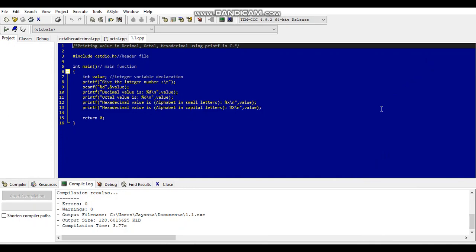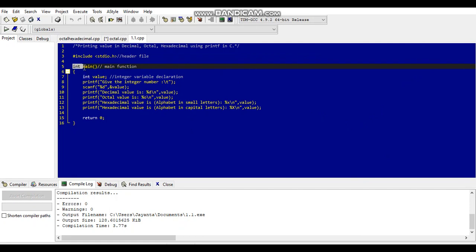So our first program is write a C program for printing value in decimal, octal, hexadecimal using printf function. Now here is our program. First we have to write #include <stdio.h>. It's a header file, that is standard input output header file.